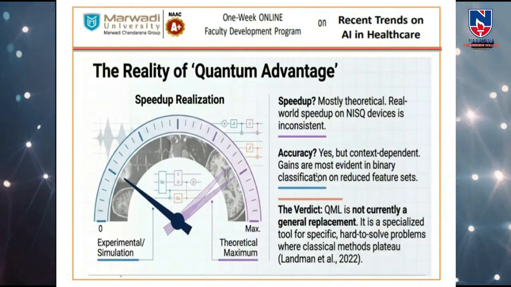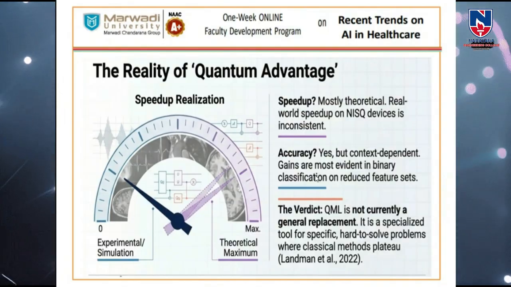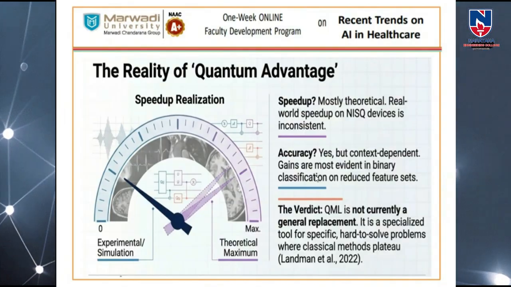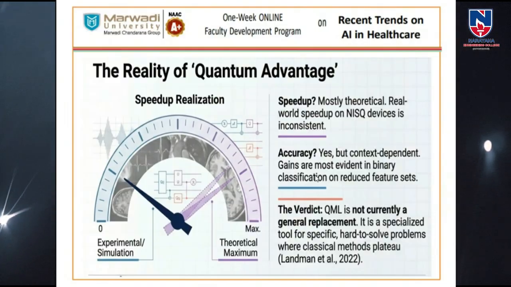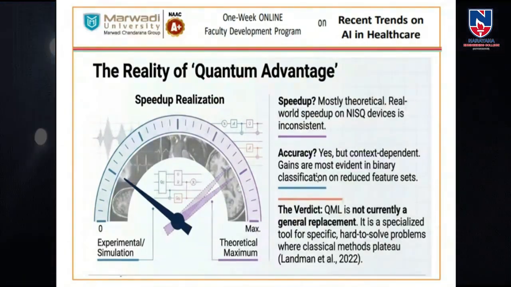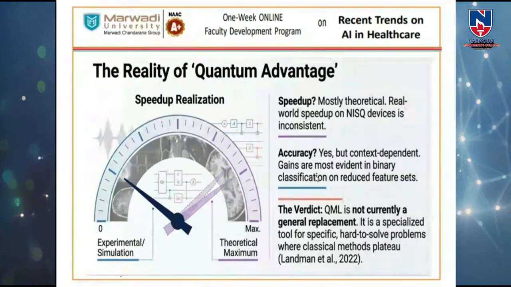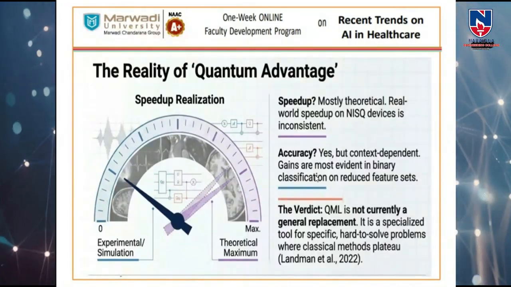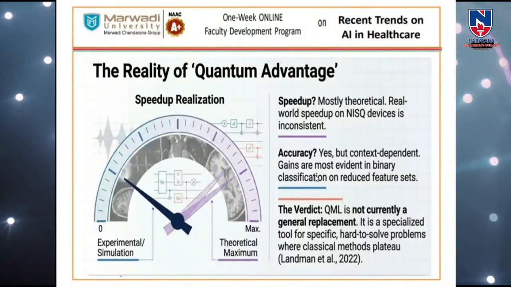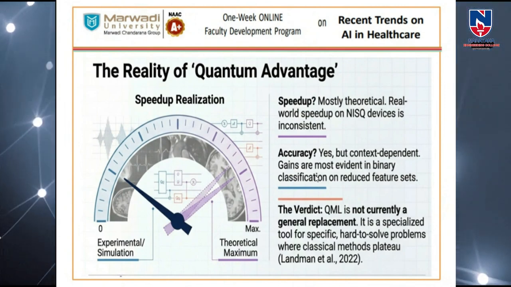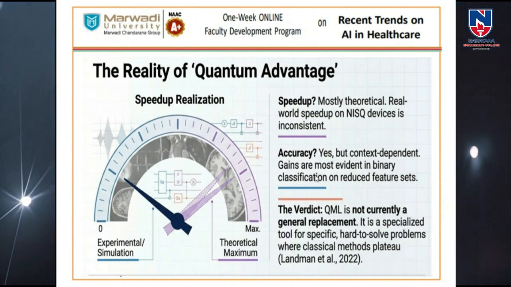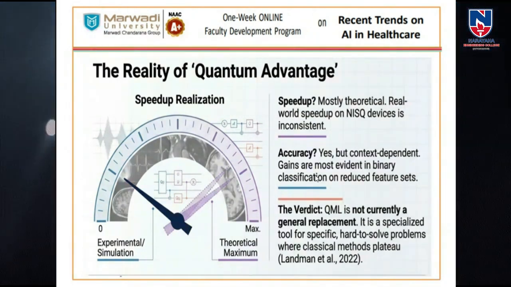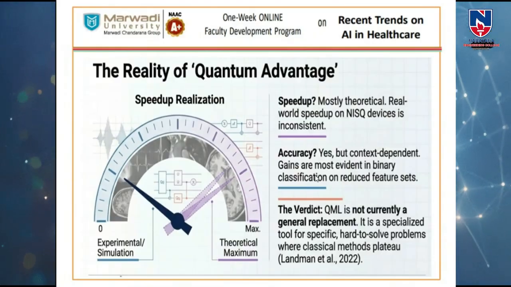There is a huge gap between the theoretical and the simulation, not even in the implementation part. That is one of the challenges. What I mean to say is, up to what extent is it right? Like if I mention speedup, of course we are claiming it, but it's mostly theoretical. Yes, but when reality is concerned,